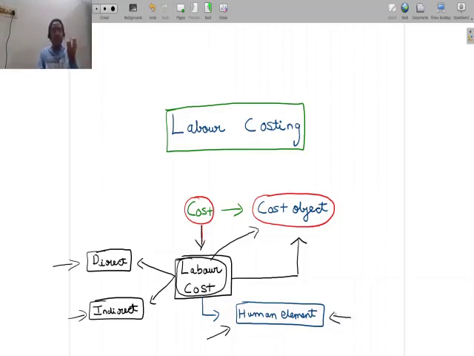So that is sometimes why labor cost is something that's very interesting, and research in the past has also told us that focusing on labor cost could not only look at increasing productivity, but that's also an area where cost control or cost reduction can be seriously pursued. So that's a very important aspect about labor cost that one needs to know. So now we have kind of had an idea about labor cost as such, how it fits into the big picture.